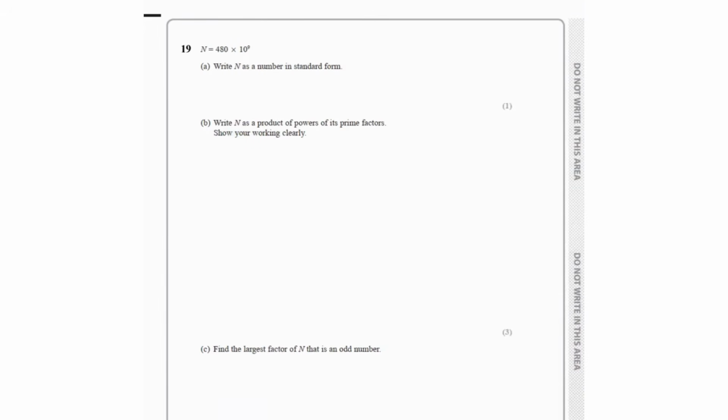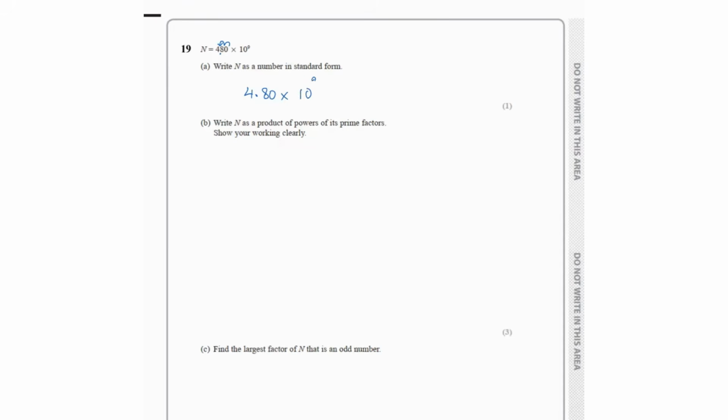Then standard form. So this question is a mixture of standard form and product of prime factors. So n is given as 480 times 10 to the power of 9. Write n as a number in standard form. So we know in standard form, the decimal needs to come after the first non-zero digit. First non-zero digit is 4. It should be 4.80. And since we're moving the decimal 2 places to the right, we add 2 to the